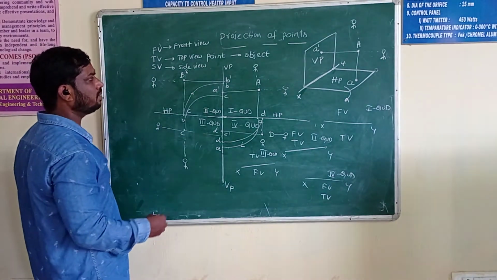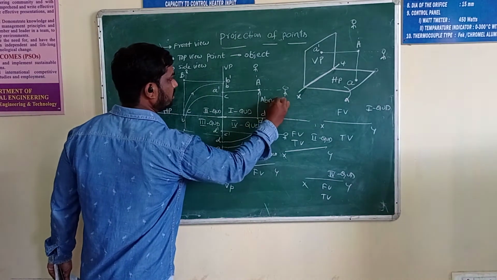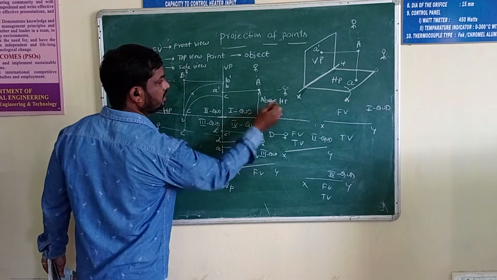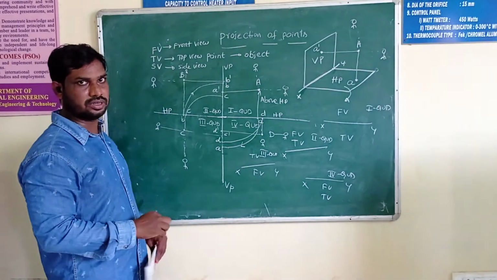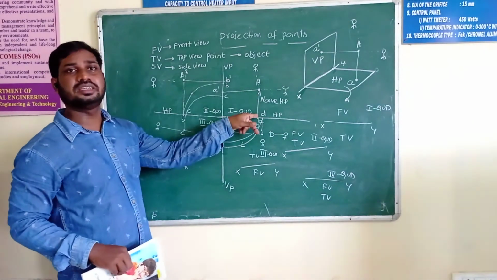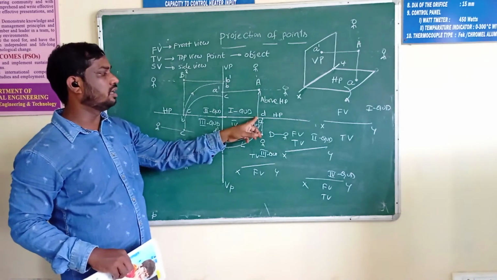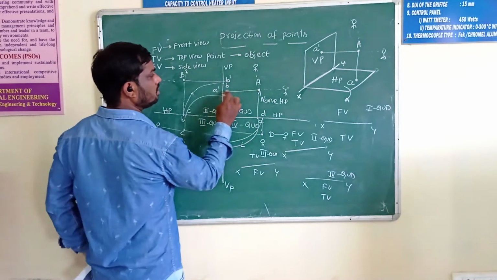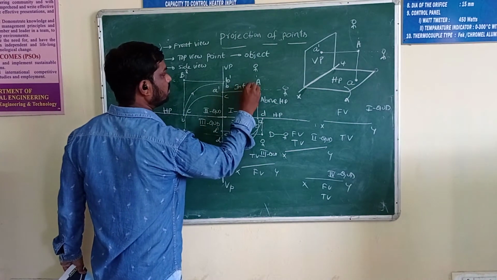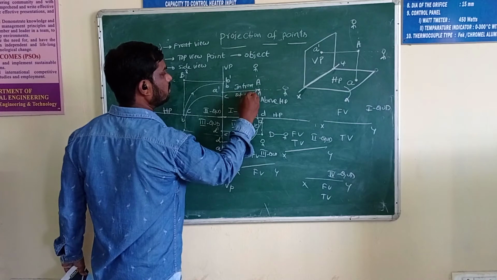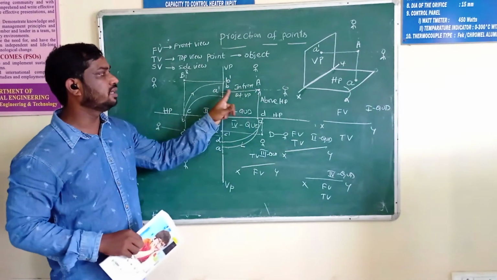And these terminologies also: this is above HP, because it is at a certain height. So these are the terminologies, how to know about this. Okay, above HP. This one is the vertical plane. Taking this one in front of me. For identifying the quadrant, because it is above HP and in front of VP.